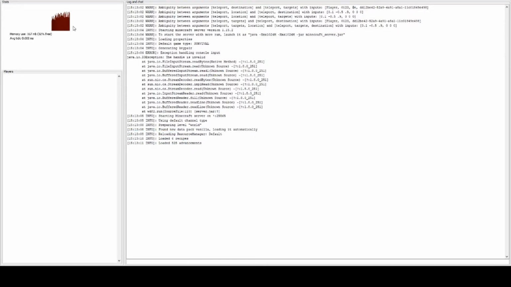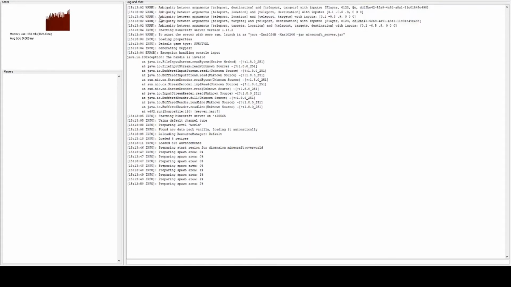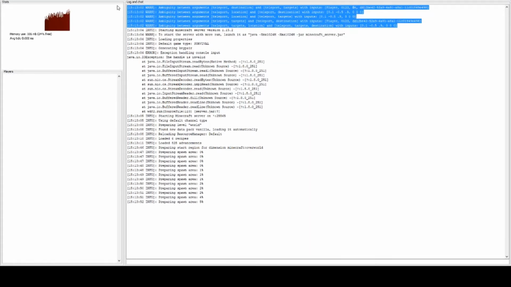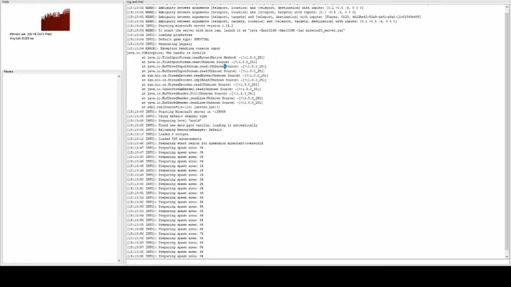Here you can see how much memory it is using, the average tick, which since the server is offline is just going to be 0 for now. And you don't need to really pay attention to these warnings because these are just default from Minecraft. So as we can see, the spawn area is getting prepared, and as this is happening, you will see